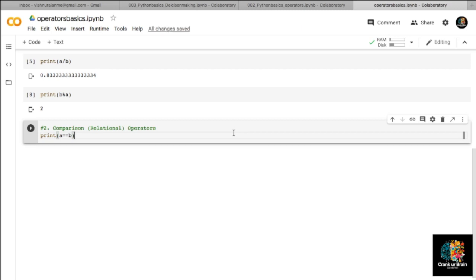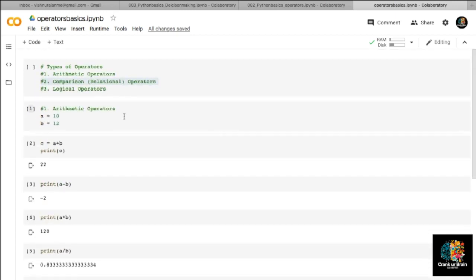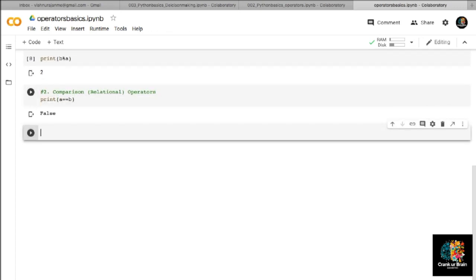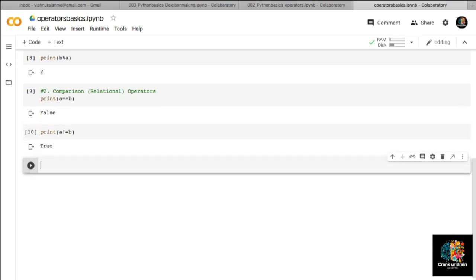Over here it is not, because the value in a is 10 and the value in b is 12. So it will give me true or false, and here of course the answer has to be false. Correct. Now I can also check whether the value in a is not equal to the value in b, and the answer has to be true.